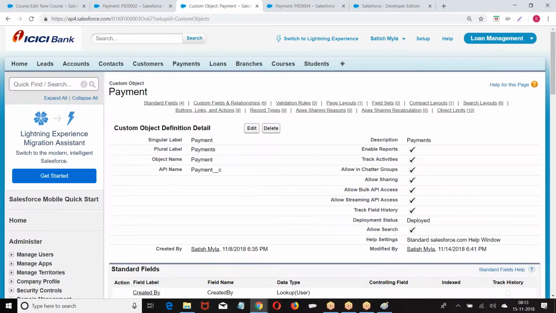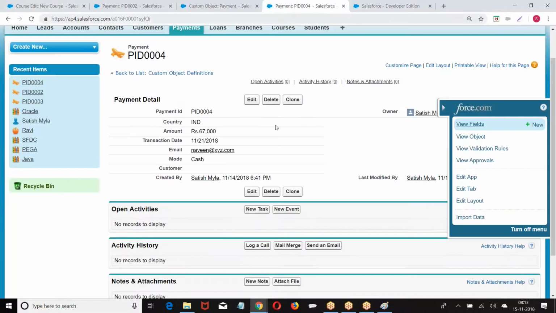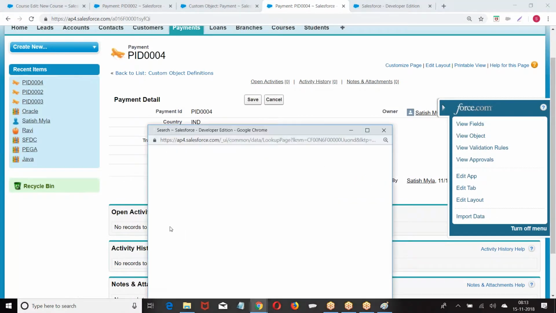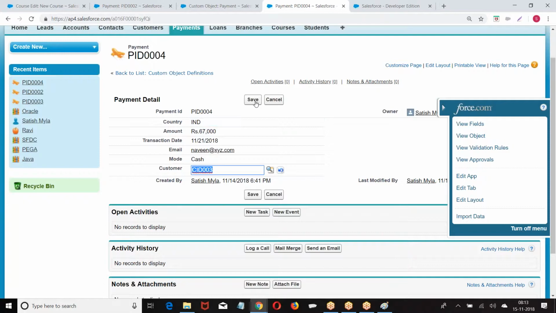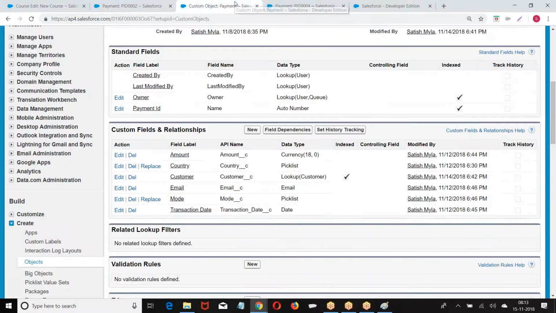Unless we assign the value for every lookup field, it will not accept. In every lookup field, we are supposed to assign the value. If you don't assign it, it does not accept. Now it failed because I created a new record without any lookup value. Now go to this, and go to convert now.